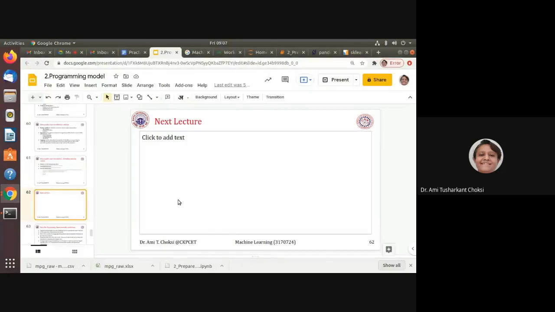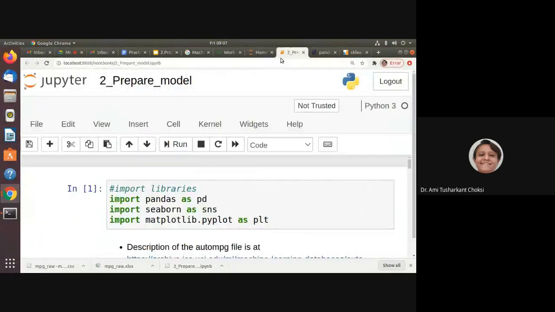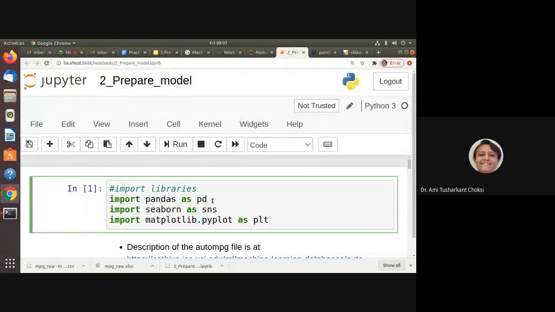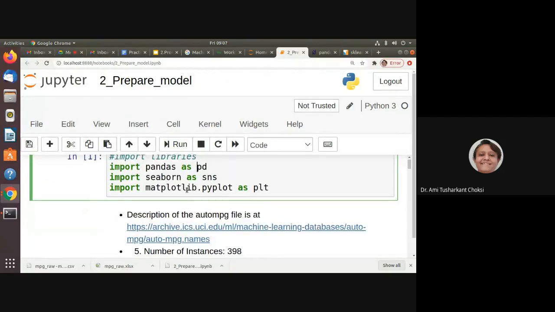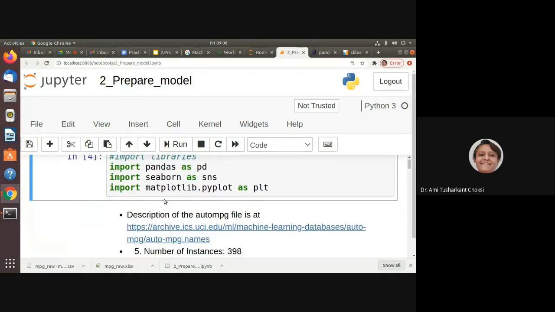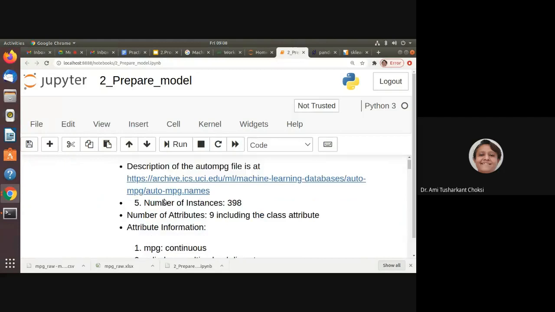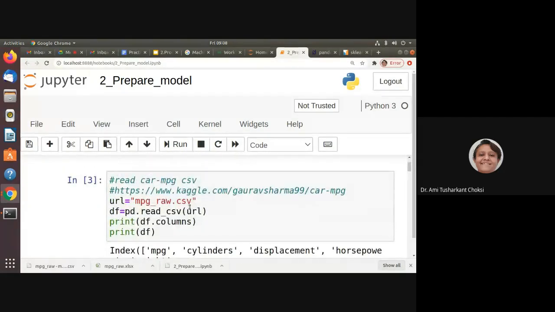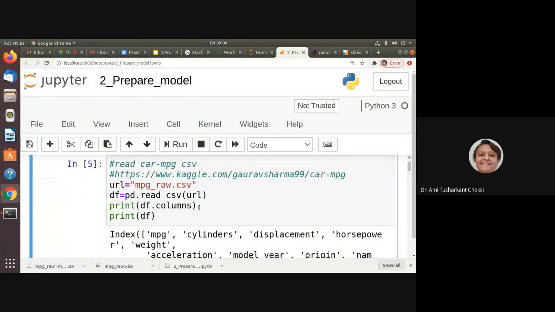Let us first see its implementation. For that, we have to run all the cells of the file which we have created before. At least we should have all the libraries loaded, as well as whatever dataset we wanted to load. We have started with the MPG CSV, that is why I am showing you that.